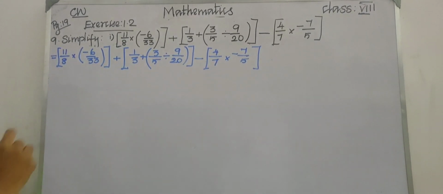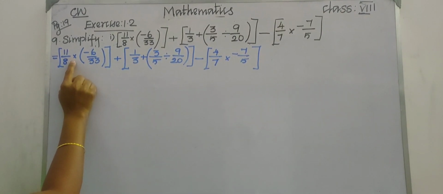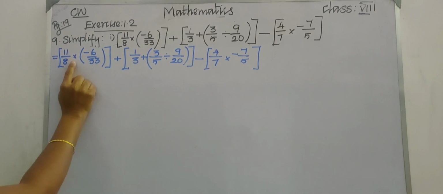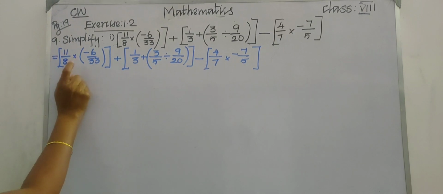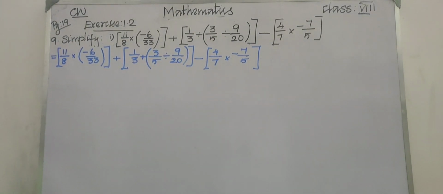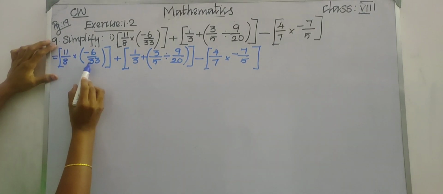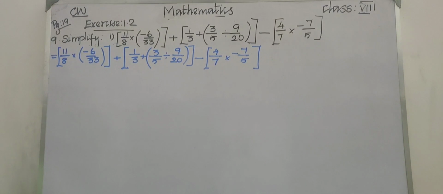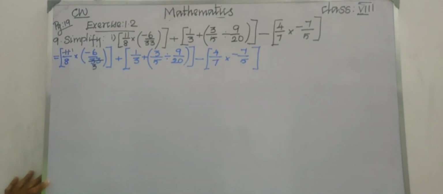So see here, see the first bracket, okay? See, we are having multiplication symbol. So how will you multiply? While multiplying, we can multiply the corresponding numerators and corresponding denominators, and also we can simplify it to the standard form, right? First of all, let us make it into standard form, okay? See here we are having 11 and here we are having 33. So we can make it into standard form by using 11 table, right? So 1 11 is 11 and 3 11s are 33.